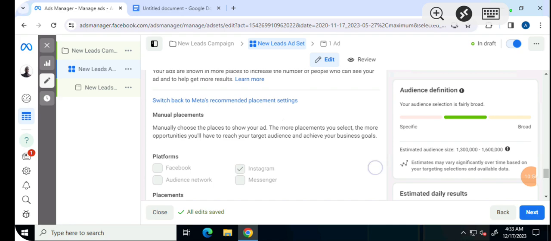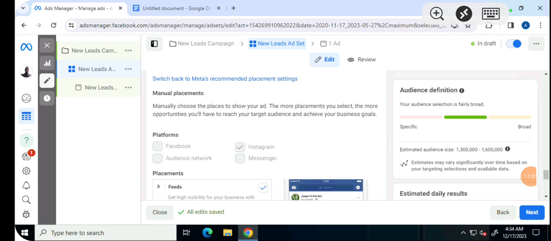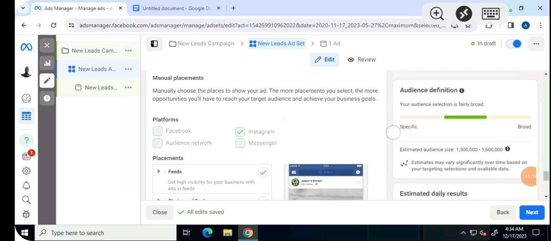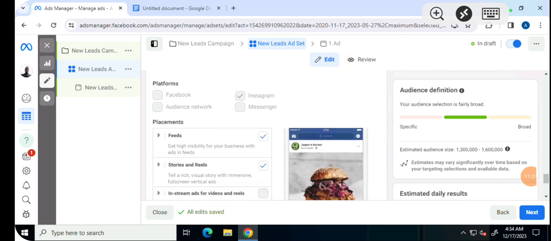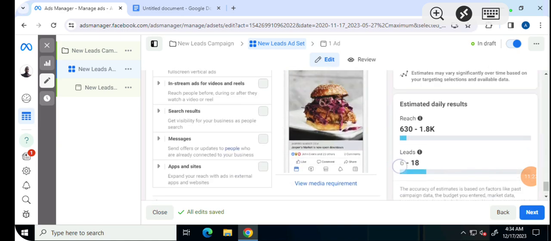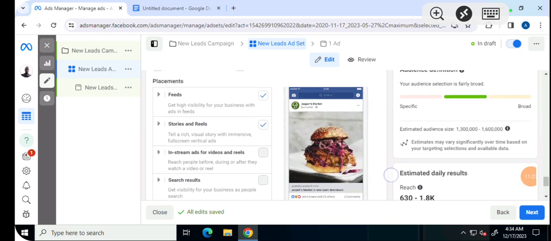So you see, Instagram is already checked for us, and the reason is that our conversion location that we selected is Instagram. That's why Instagram is checked and Facebook and the rest of them are unchecked. Had the conversion location not been only Instagram, Facebook and other options would be selected for us. And when you come to placement, you see feed, story, reels, and the rest of them. If you don't want your advert to show on Instagram feed,